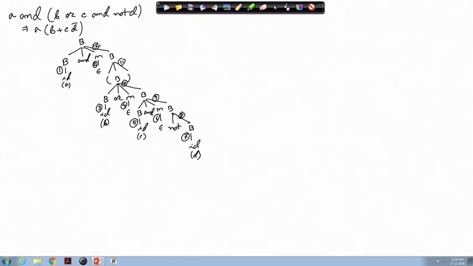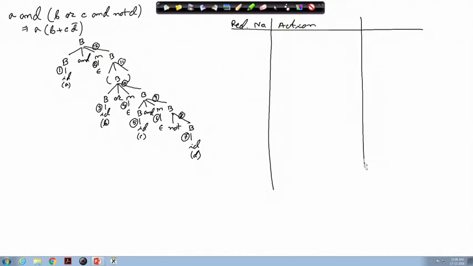Now, we have to consult the semantic action for this Boolean expression, and accordingly we have to generate the corresponding code. So, if I make a table like reduction number, then the corresponding action, and the code that is generated.